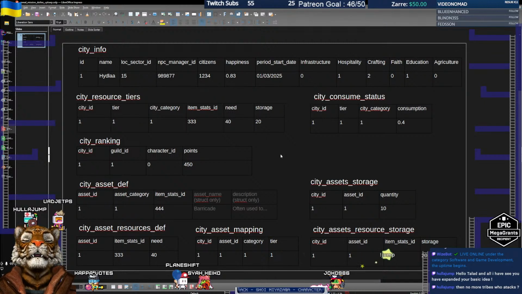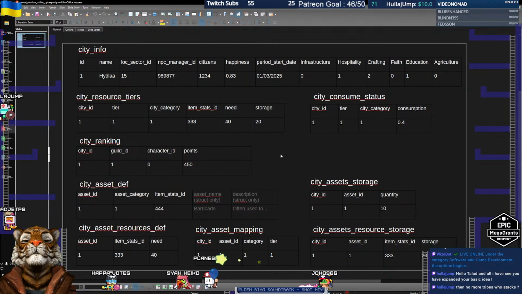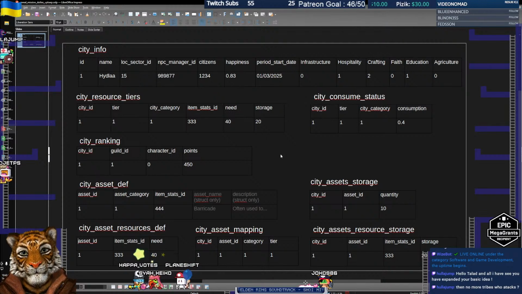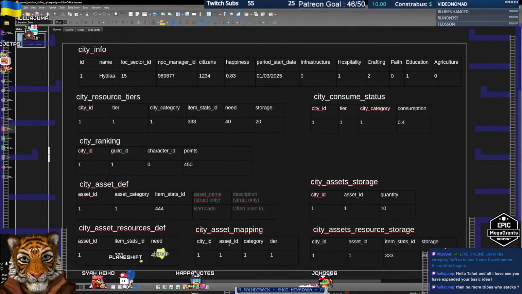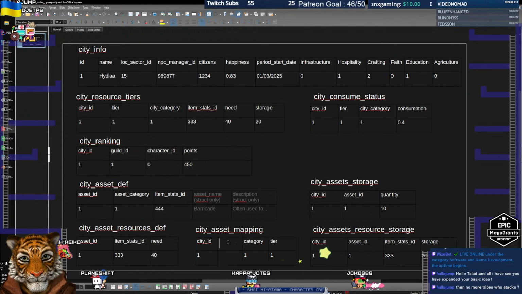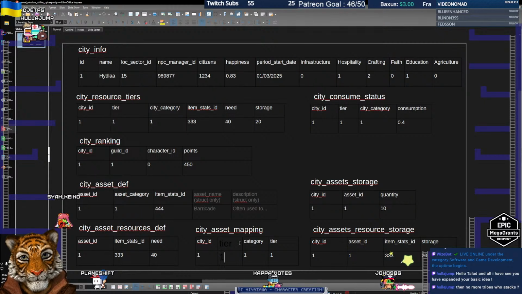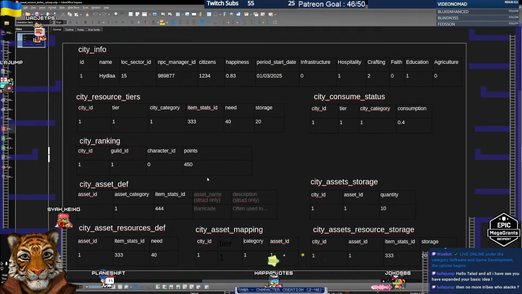Wait a second. I think logically it should be the opposite. So it should be tier 1 and then asset ID, because